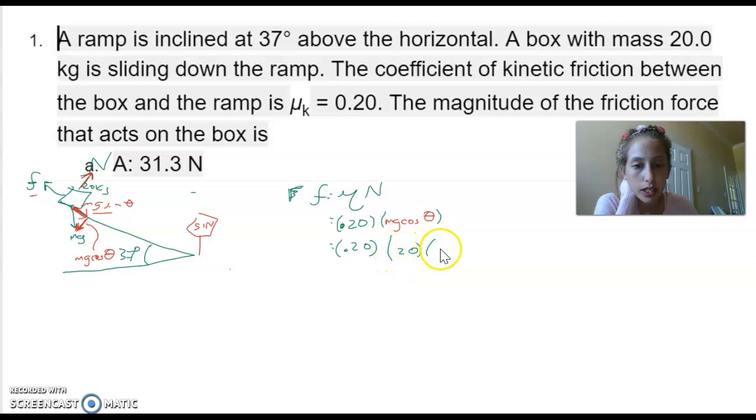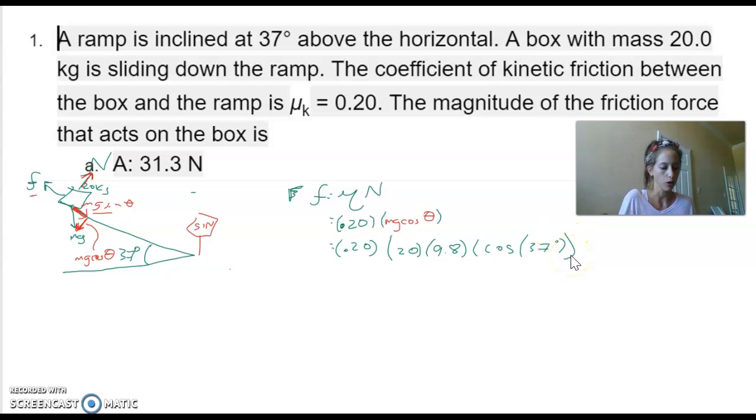The mass is 20 kilograms. Make sure it's in kilograms. If not, you have to convert it. G is 9.8 times the cosine of 37. Be sure you're in degrees, not radians. And let's do all this. Mode, I am in degrees. Okay, so cosine 37 times 9.8